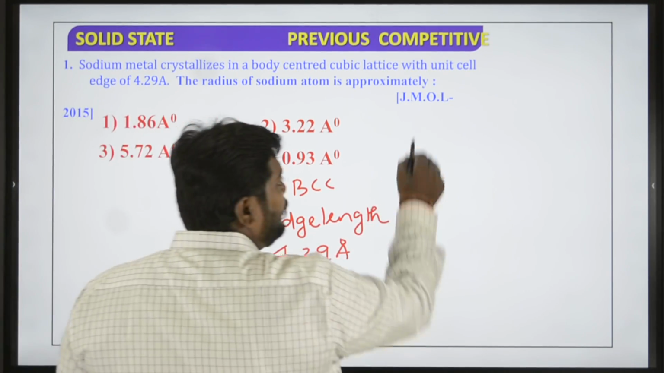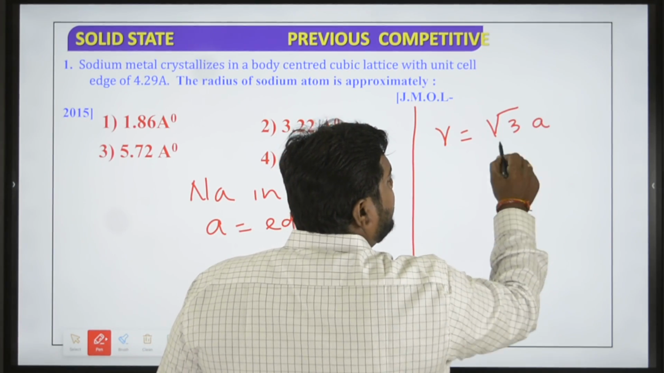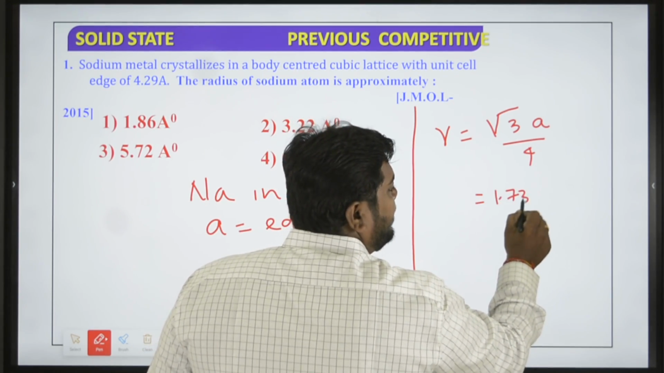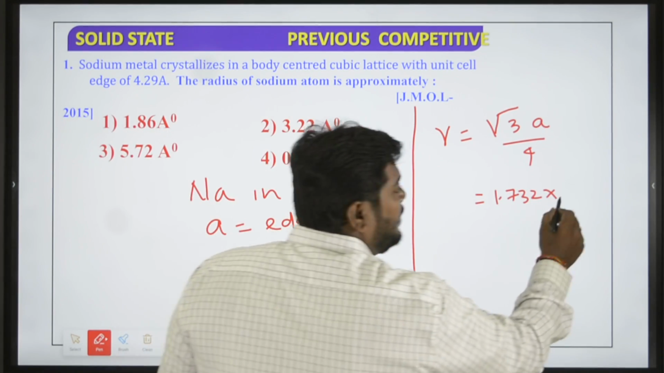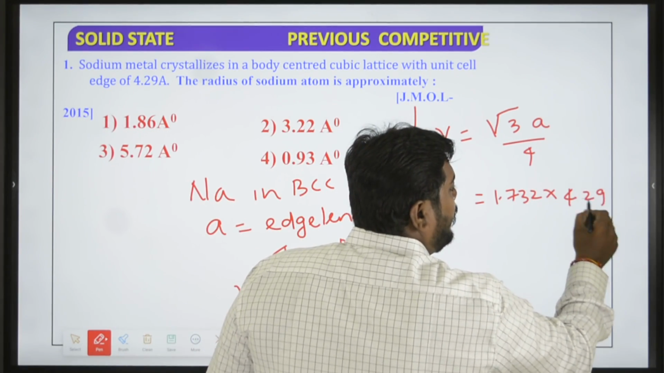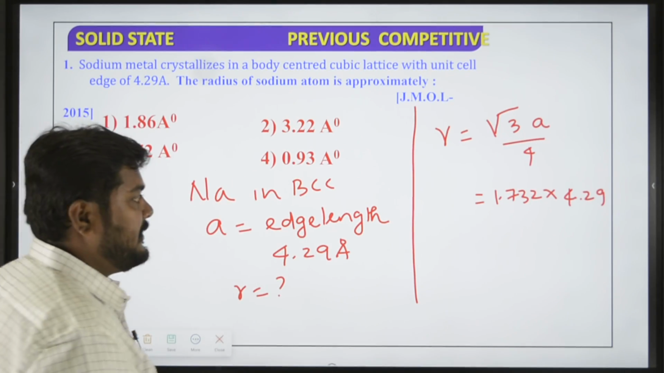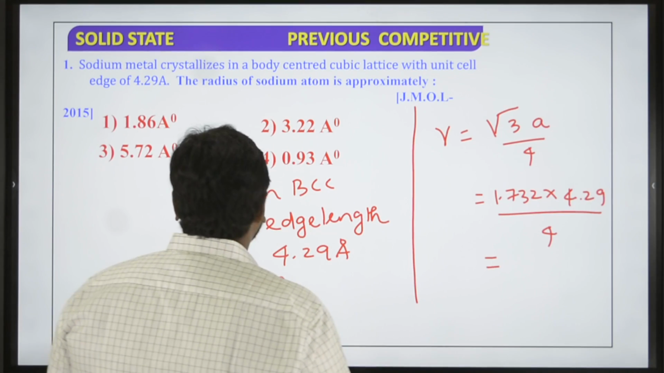So what is the formula to find radius? R, which is equal to root 3 A by 4, right? So you know root 3 value, that is 1.732 into A value is given as 4.29 Armstrong. இங்க நீங்க செக் பண்ணிக்கோங்க நம்மளுடைய ஆப்ஷன்ஸ் எதில் இருக்குது அப்படின்ட்டு. If it is in Armstrong, நம்ம ஆம்ஸ்ட்ராங்கை கன்வெர்ட் பண்ணணுன்ற நெசசிட்டி இல்லை. So divided by 4 you will get approximately